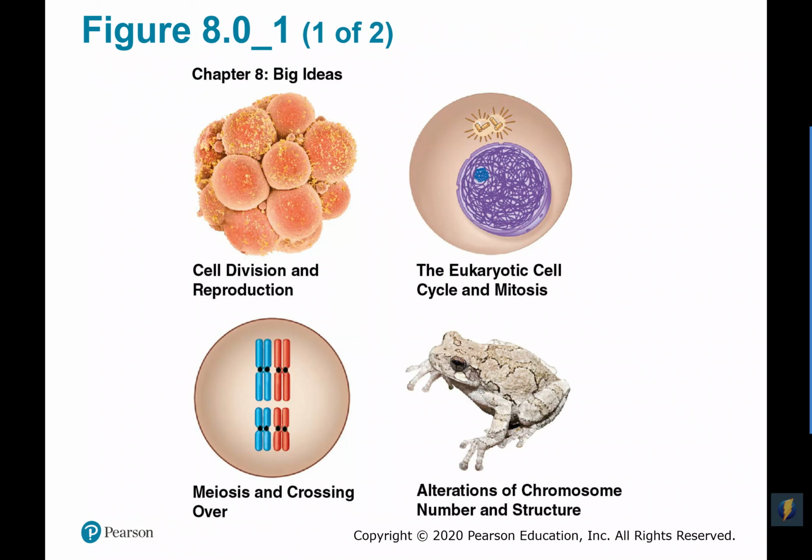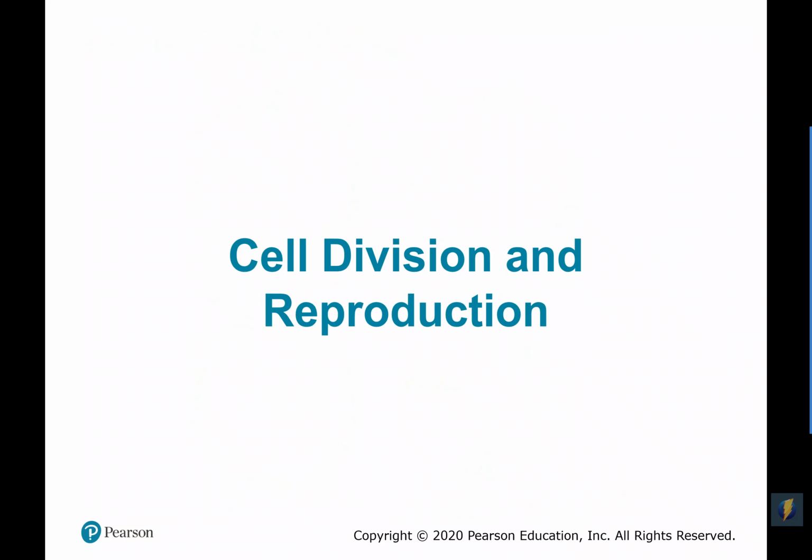The way this chapter is sort of set up is there's a section on just cell division and reproduction. It's some generic information about asexual reproduction versus sexual reproduction. And then there's a section on mitosis, and then a section on meiosis, which is the production of our sex cells. And then there's a little bit at the end about how chromosomes can get changed or altered during the course of the life cycle of a cell. So we're going to start with some basic cell division and reproduction information.